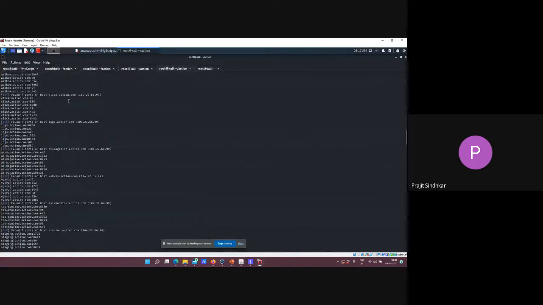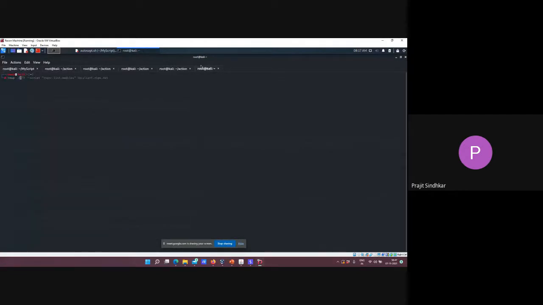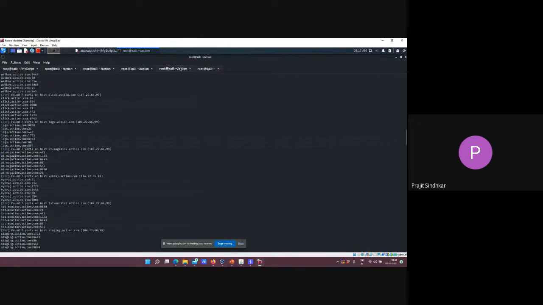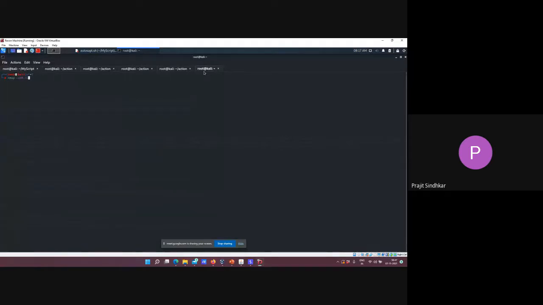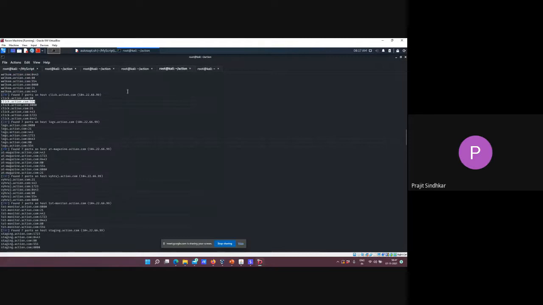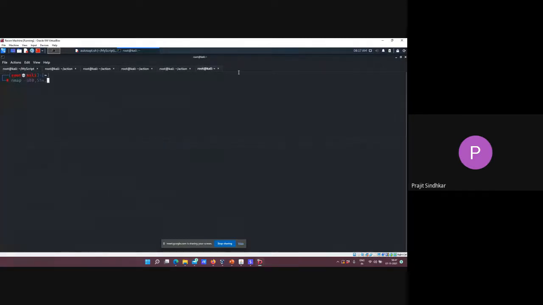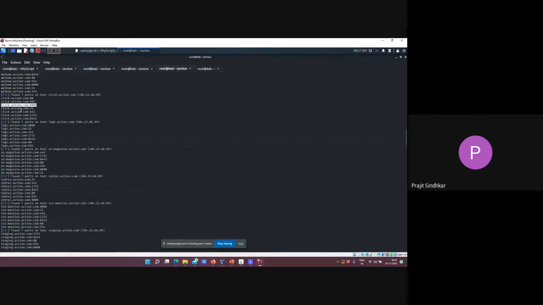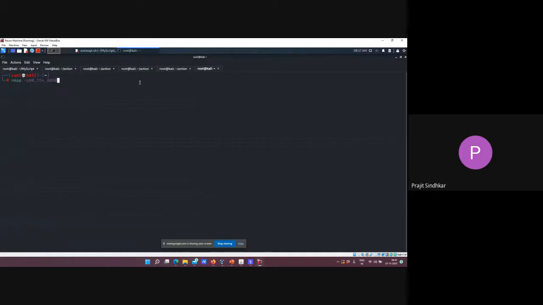So let's check on one subdomain. Let's take click.action. It is telling 80. So I can specify which port I have to look for: 80, 554. Wait, let me just zoom so you can see my command. 8080 is generally used as a proxy port for different services. Most chances are it is being used as a Cloudflare service. 8080 and 8443 also.